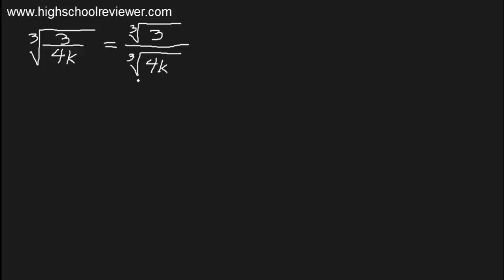Okay, so we are then going to simplify this. First we will just copy here, so we will leave it as is at this time. So this will be the cube root of 3, and then for the denominator,